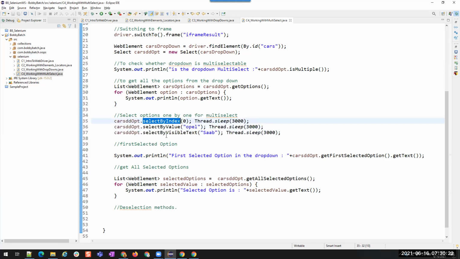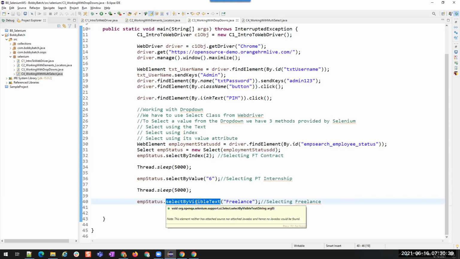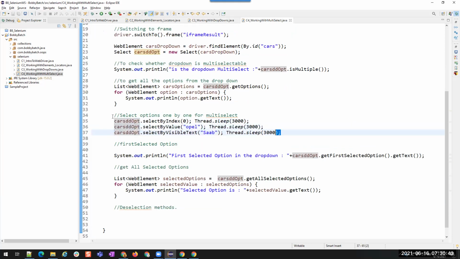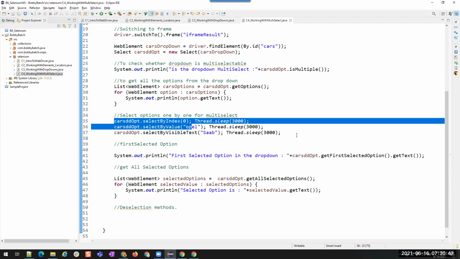You can use the same method in 3 places or for all the options. I've explained it yesterday, right? If you want to select using its index, you can use this method. If you want to select using its value, you can use this. If you want to select by visible text, you can use this method. To get accustomed with the 3 different methods, I'm showing again, I've used the same methods again here.